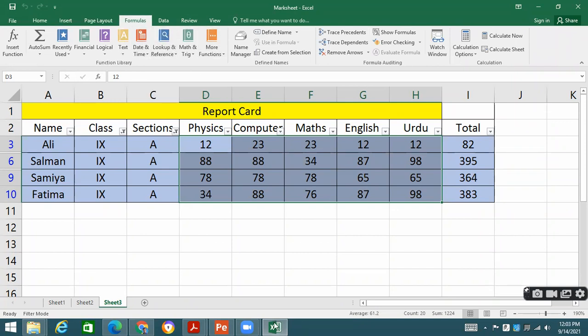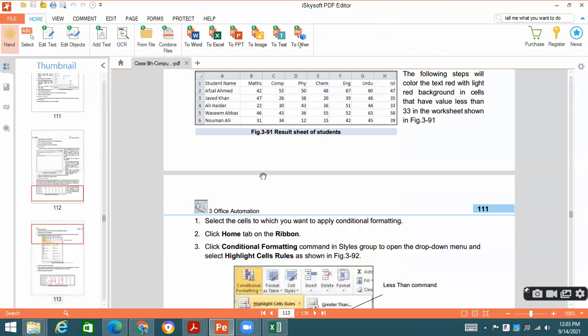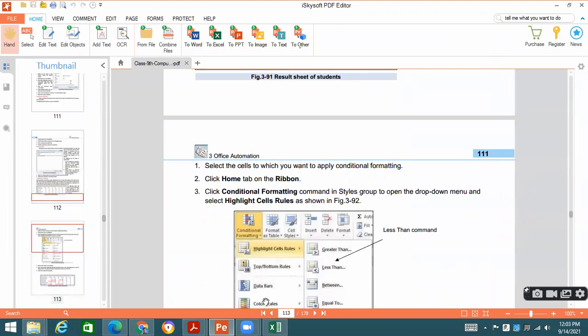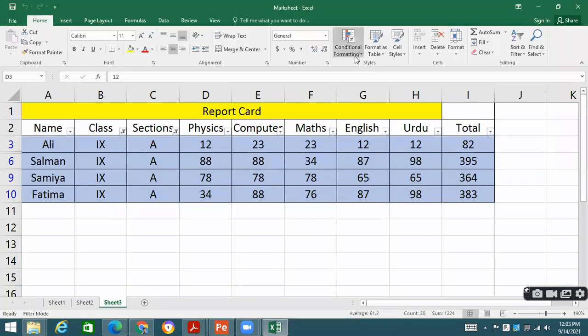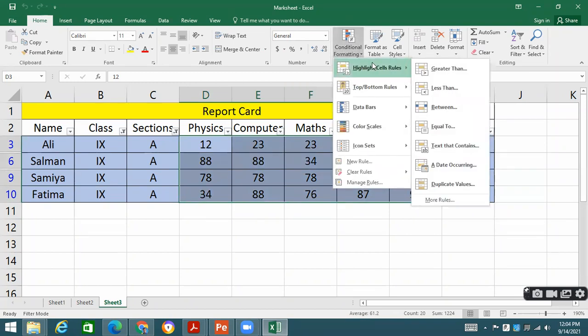Okay, this is available over here in the menu, which is basically the ribbon menu, conditional formatting. Home tab, sorry, it is there in the Home tab. Yes, here it is. So I select these marks which we are entering from 0 to 100. I go to conditional formatting and I say highlight